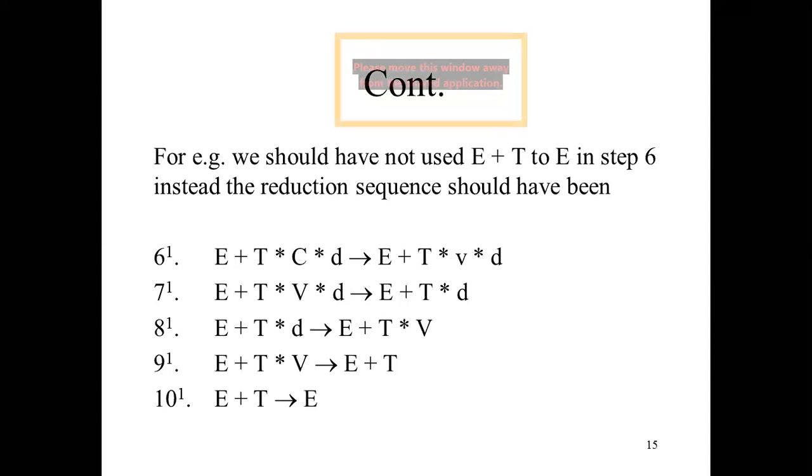So we will do it in this way, and ultimately we have to keep in mind what we want to achieve. Blindly we cannot do anything. If you proceed blindly, then you can get a wrong answer. That is called premature reduction. Even though you are doing the right thing, you have to take care of what we want to achieve.